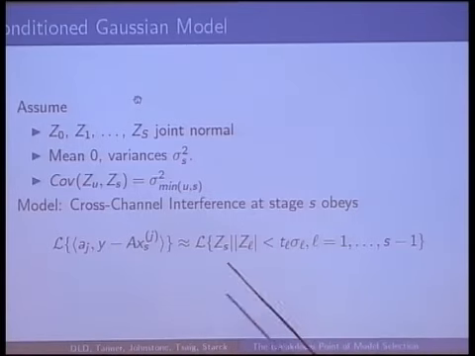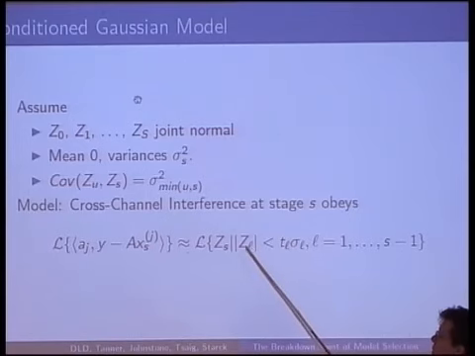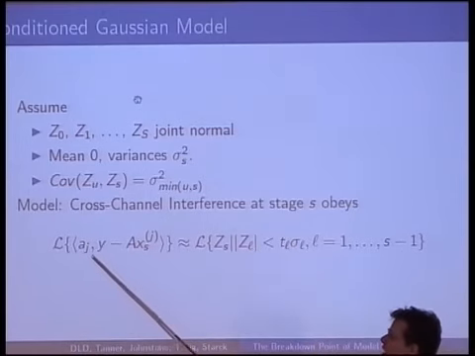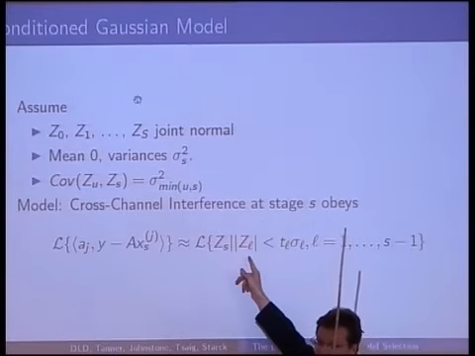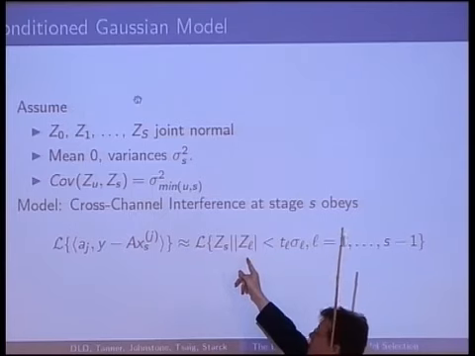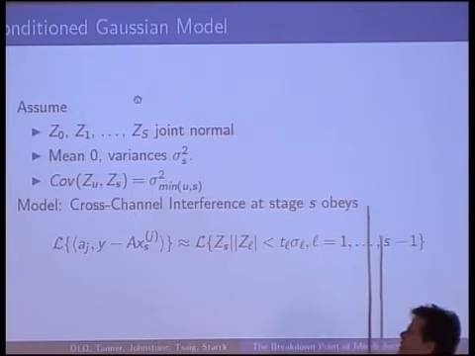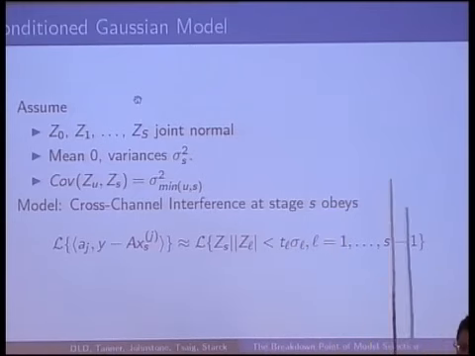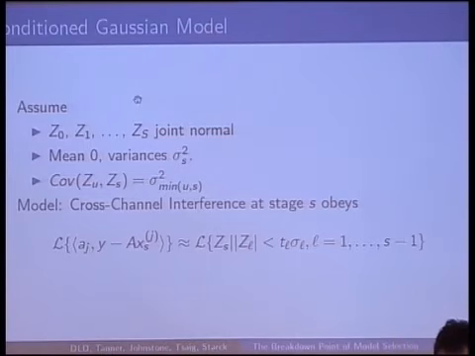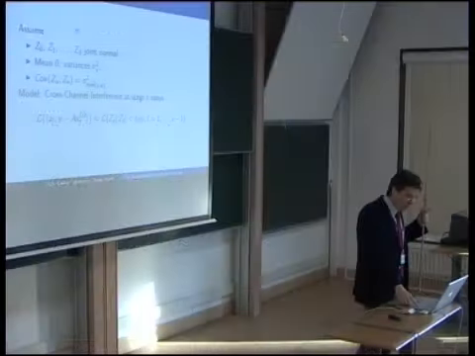Except that there's a conditioning in such a way that the only coefficients that you're looking at a given stage are those which didn't pass threshold before. And so it's like you're looking at a random walk that didn't cross a barrier before. This is for coefficients that have not been selected at any stage. Once something's selected, it's taken out of the game. So obviously cross-channel interference doesn't have that property once you get in the model.